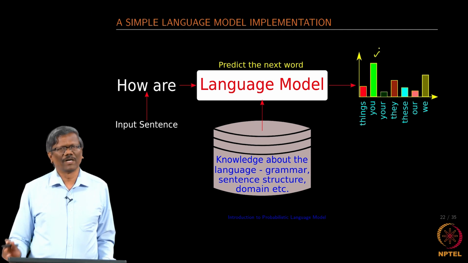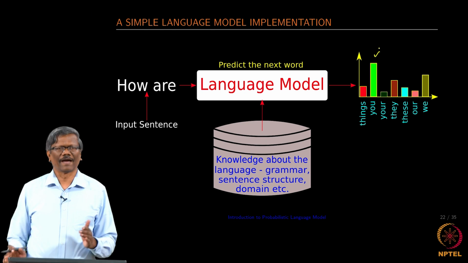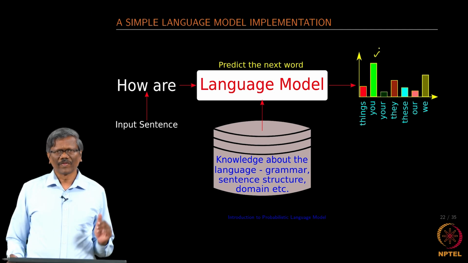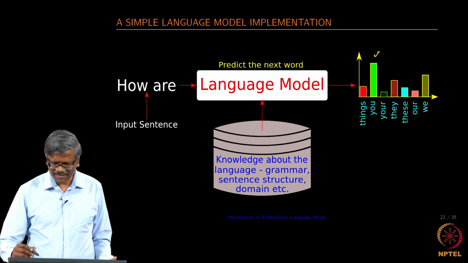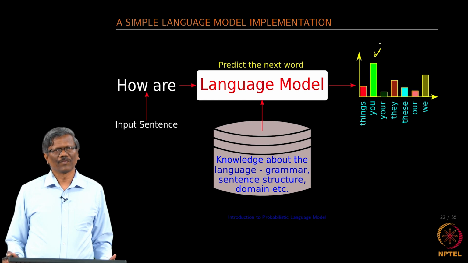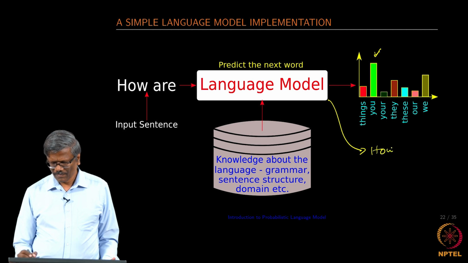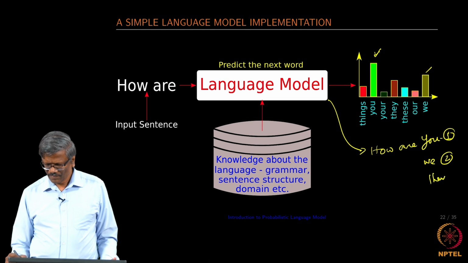In fact, it outputs "you" as the first word. That means the probability of "you" occurring after "how are" is very high. It is highly likely that "you" could be the next word after the given "how are". So, we can see the value of that being very high there. So, now we can say that the sentence could be "you" as the first rank, and then "we" as the second one, and then "they" as the third one,